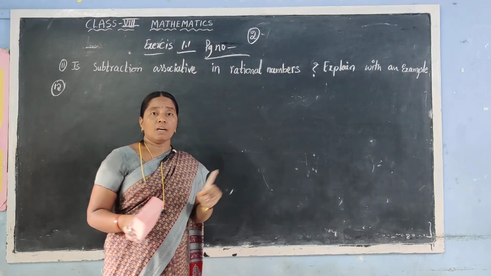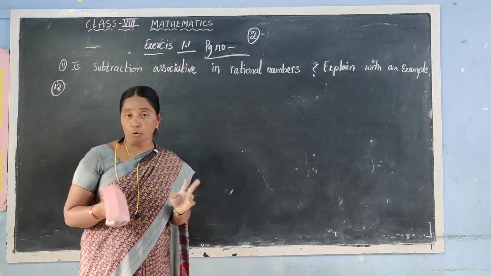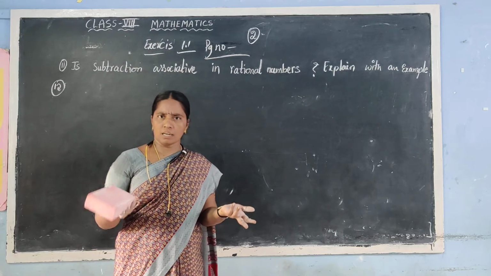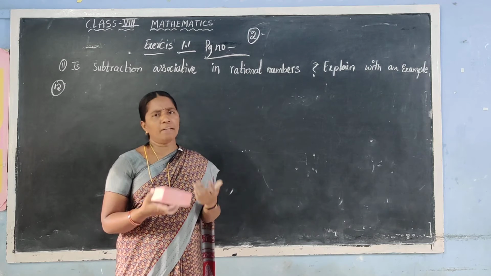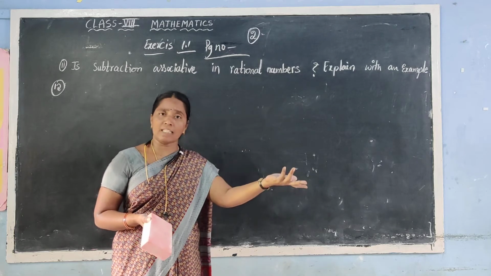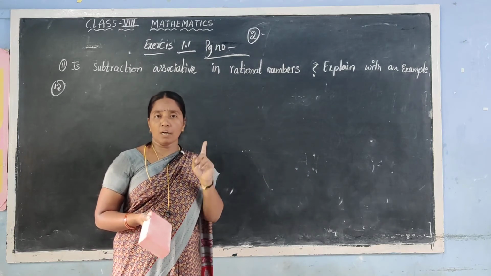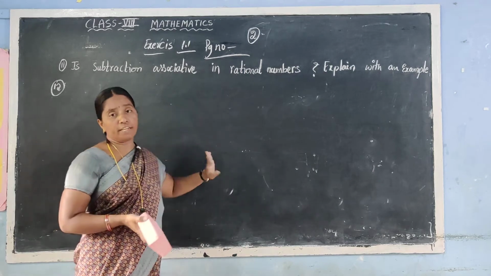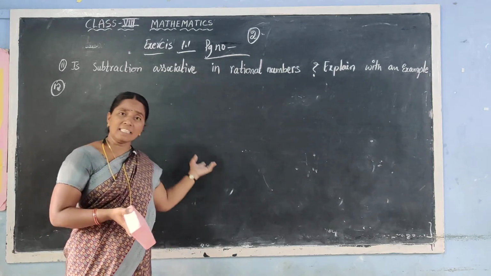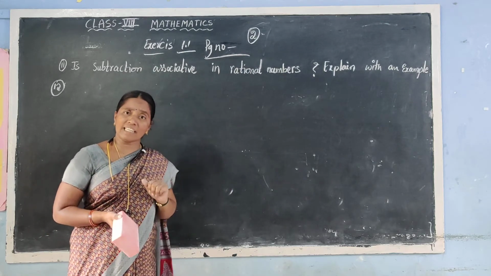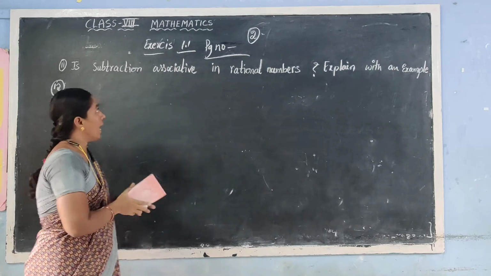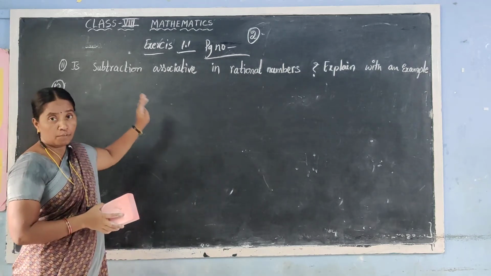Don't think about whether schools are going on or not. Maximum they will start from the end of August or September 1st onwards, whenever they start, but the syllabus is going on. This is the basics for the next class. So it is compulsory for all of you to buy the books and start writing in the homework books. Don't waste time. If you write all this in rough books, where can you check, how can you revise? So all of you buy books and continue the homeworks in homework books.